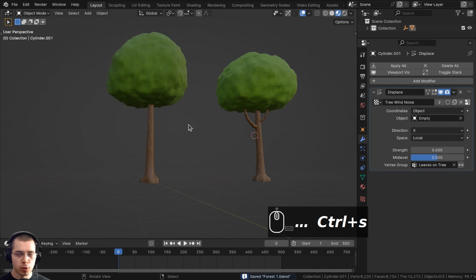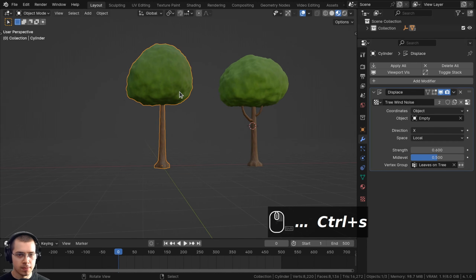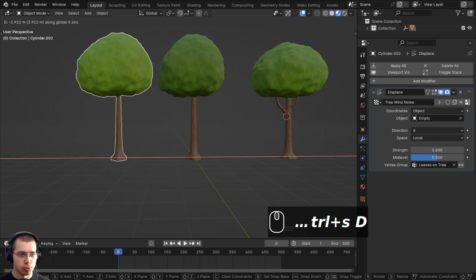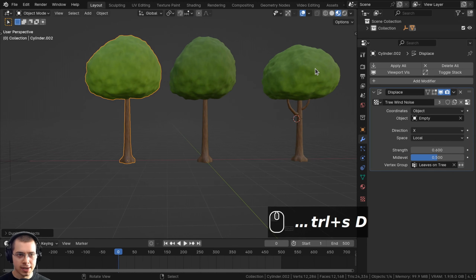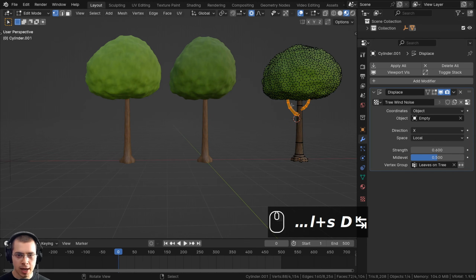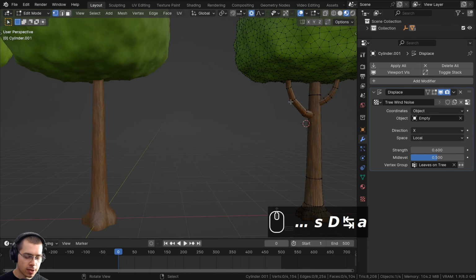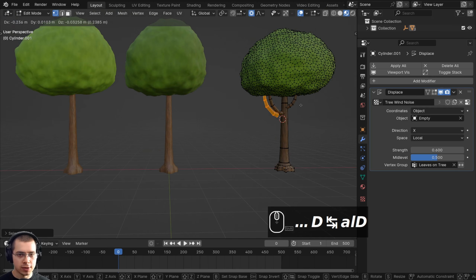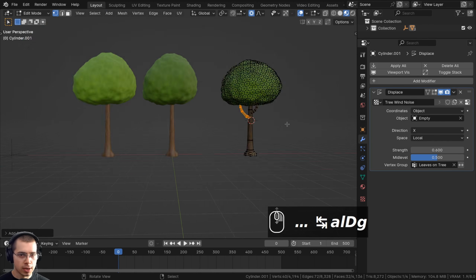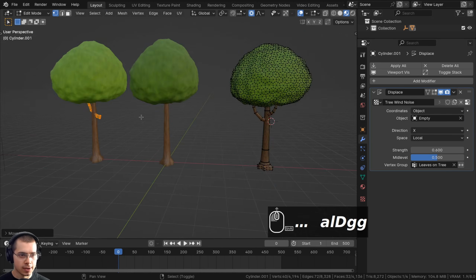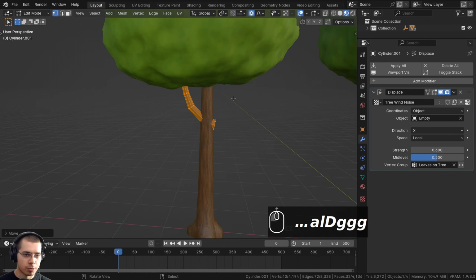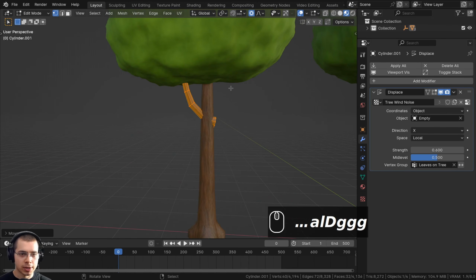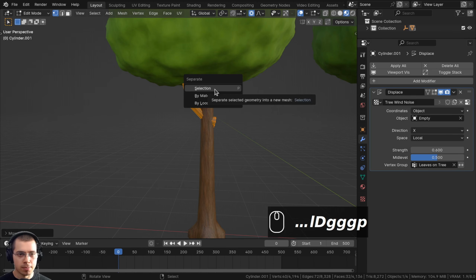And then I want to create one more. So I'll select this one here again. I'll press Shift D to duplicate it and bring it right over here. And then let's actually select this one here, and I'll go into edit mode, and I'll deselect everything. Just press the L key to select that one branch, and I'll press Shift D to duplicate it, and we're going to bring it over here on the X-axis. And then to separate this into its own object, I'll press the P key, and we're going to separate by